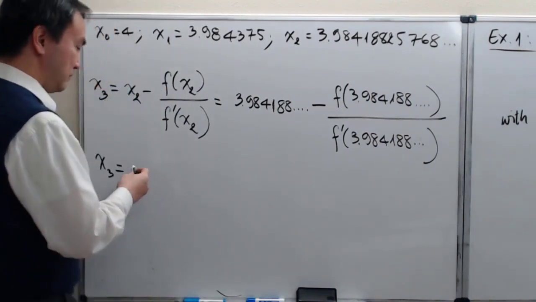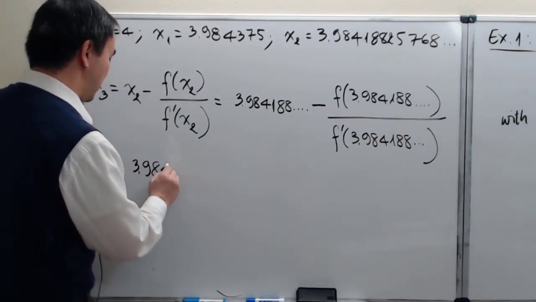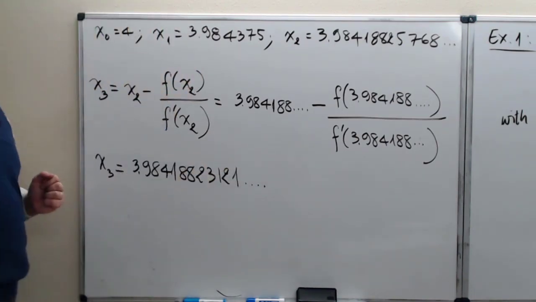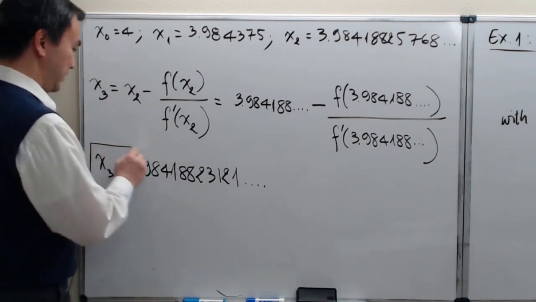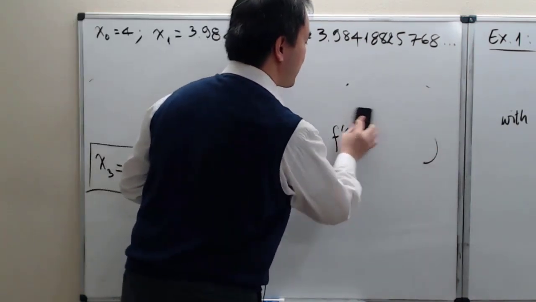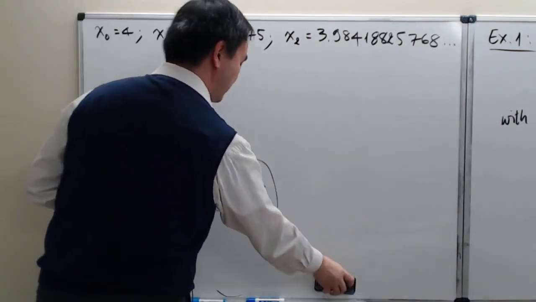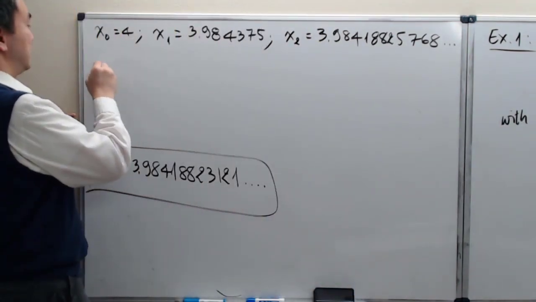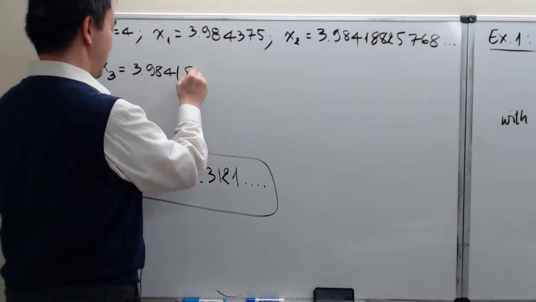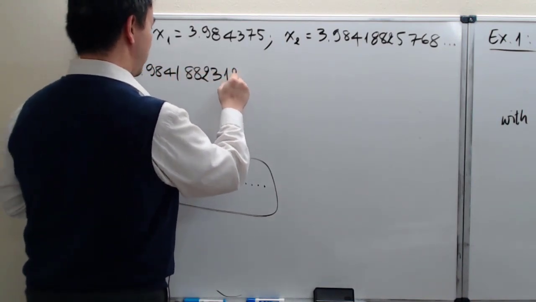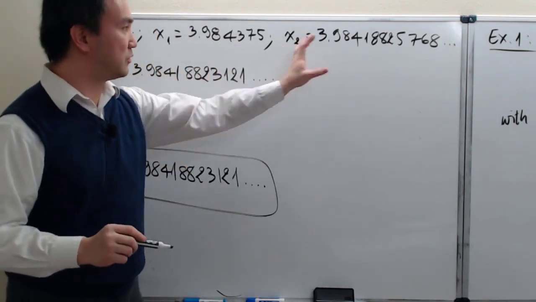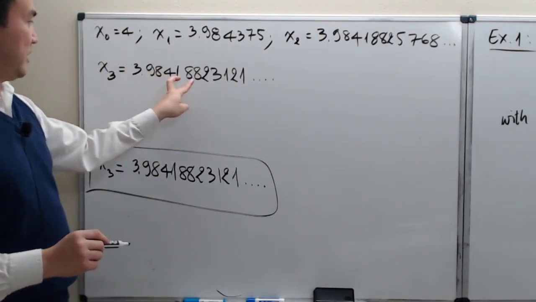All right, so now I have come to 3.984188, 23121, and a lot longer. Okay, and so that's my x3 right there to be written down. That's my x3, and so now I'm going to record that. x3 is 3.984188, 23121. Okay, and notice how my x3 and x2 agree up to 2, 4, and 6 decimals,